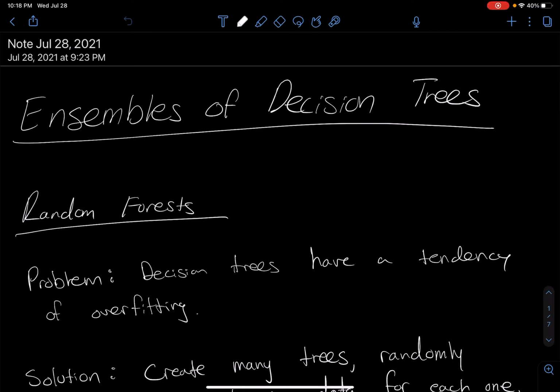This one will be introducing ensembles of decision trees. If you are not familiar with decision trees by themselves, I recommend going back and checking my last video where I introduced decision trees, because in this video we're talking about ensembles or groupings of decision trees. Okay, so with that said,